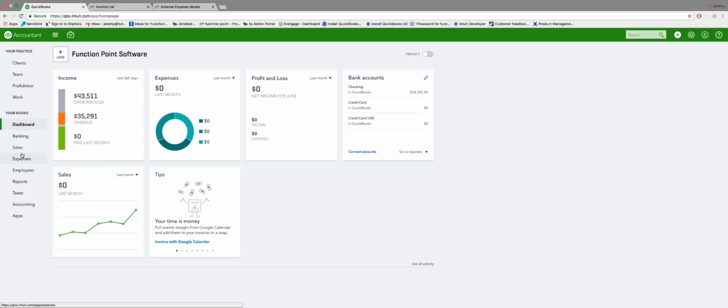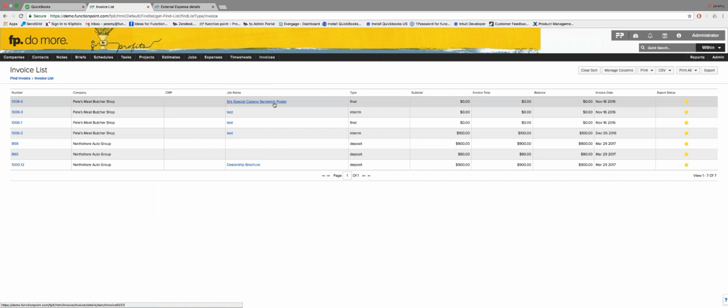Awesome. Thanks for that, Jer. And then we also have Shireen here saying, if there is an invoice, will the bill be added to the invoice? And what would that look like? So the bill won't be technically added to the invoice. When you create an invoice in Function Point